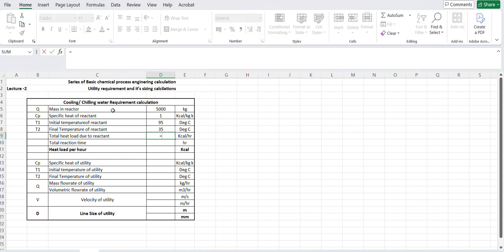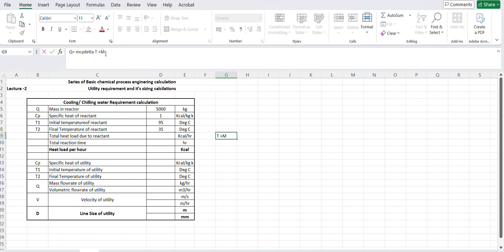For this calculation we just need to consider m Cp delta T. Okay, and if there is any phase change from vapor to condensed liquid or liquid to vapor, then we have to add